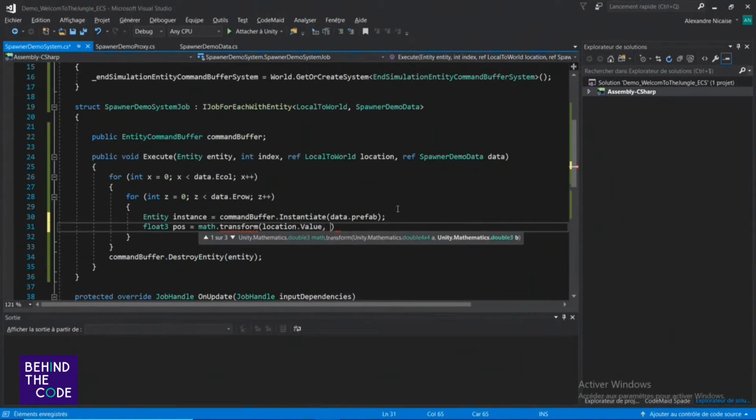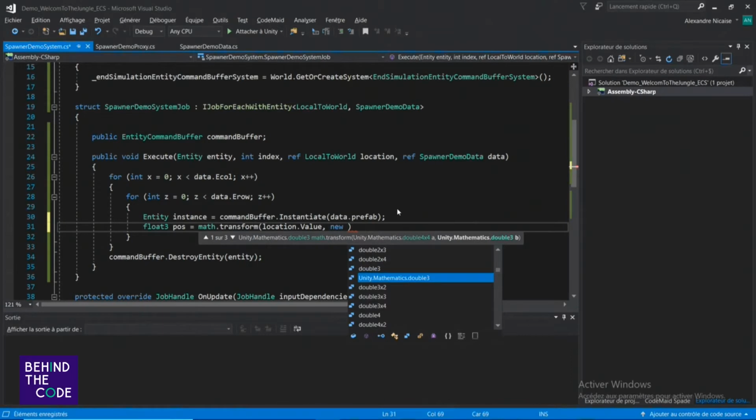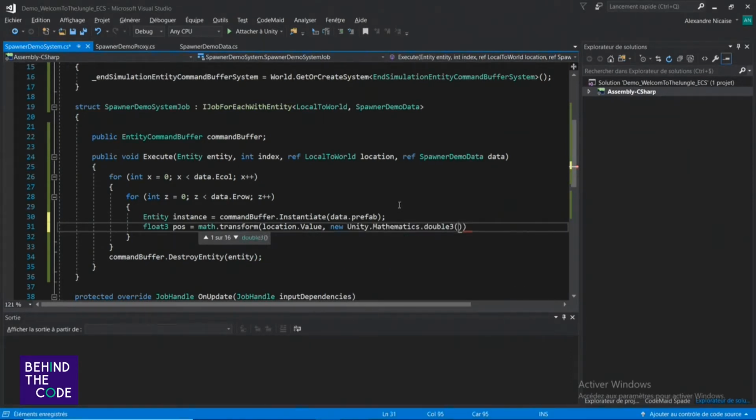That's it, and a new position, the new float. Sorry. New float 3 and as position we want the x, 0 in Y and the z for the depth.